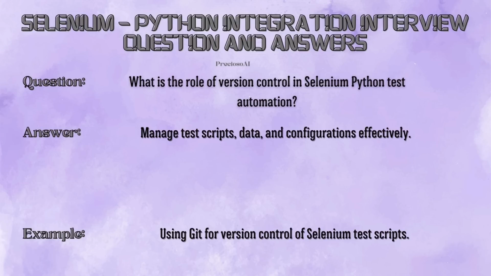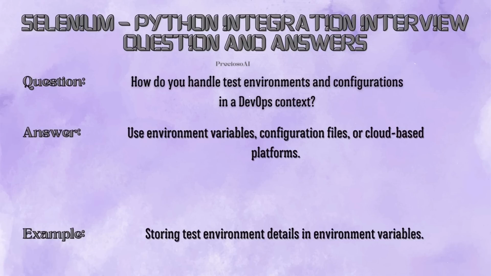And the answer is manage test scripts, data, and configurations effectively, for example using Git for version control of Selenium test scripts. Next question: how do you handle test environments and configurations in a DevOps context? And the answer is use environment variables, configuration files, or cloud-based platforms, for example storing test environment details in environment